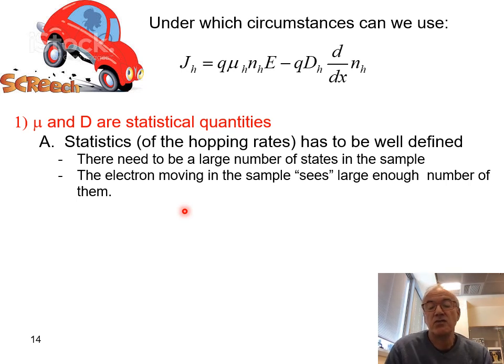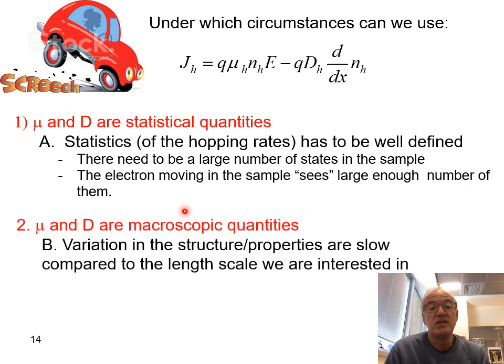And this really sounds silly, but it has deep implications on the noise that you may find in some of the papers. Really, d and mu are designed or intended to be macroscopic quantities. For them to be macroscopic quantities, things have to be varying relatively slowly. If things are varying very quickly, then the statistics is not going to apply for the entire device, and the whole idea of using d and mu becomes